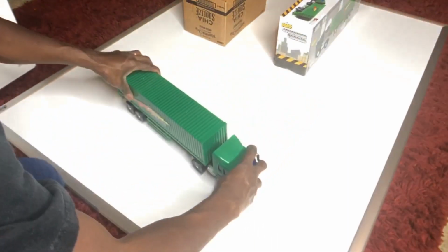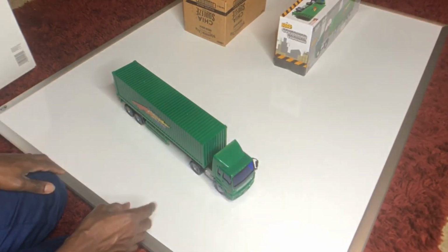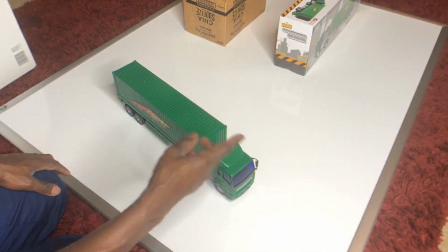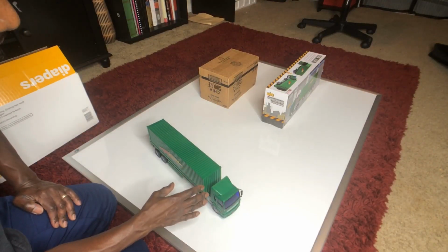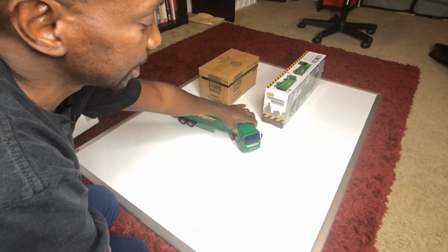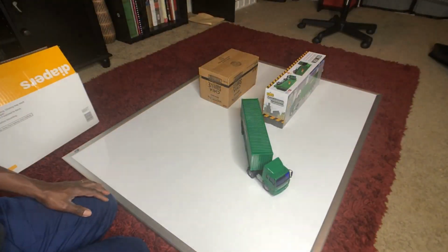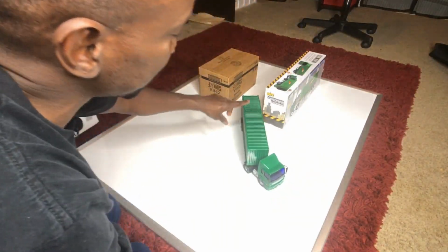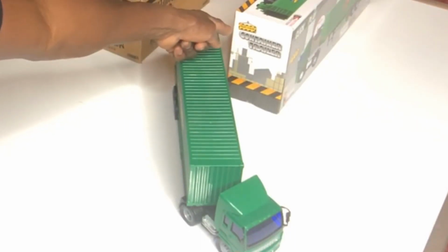And so to clarify what I meant by that, let me first show you why I said that's what they think. Most of the drivers that I find backing in that are having problems are drivers who've already set up right. They come, they set up right, and they have their trailer in there. But sometimes they get to a point where, I don't know if you guys can see this place, they look here and they feel like they are almost hitting this trailer. And so because they are afraid of hitting that trailer,